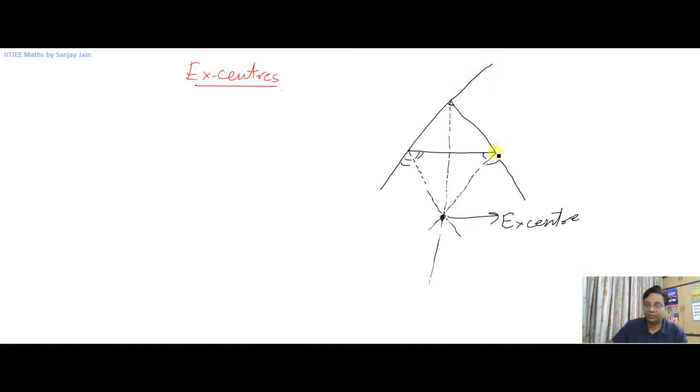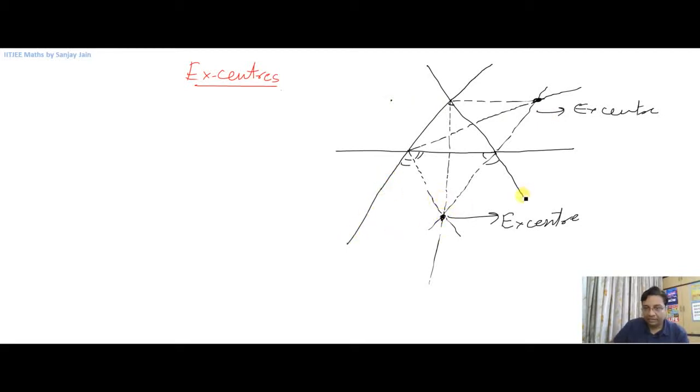If I extend these two sides, now again I can take angular bisectors of these two exterior angles, right? And if I take angular bisector of this angle here, then they will meet at this point, and this is another X center. Similarly, I have got one more X center here. All right, now